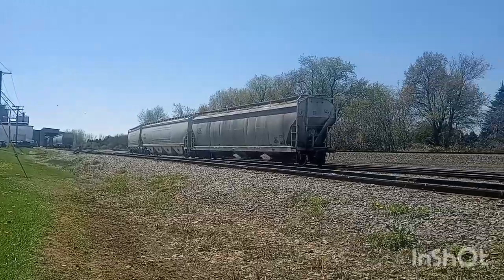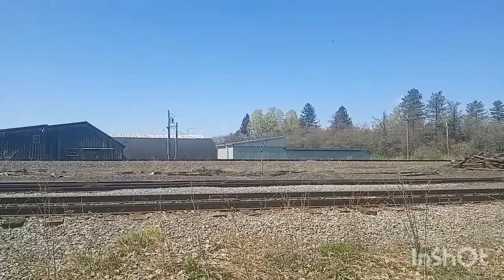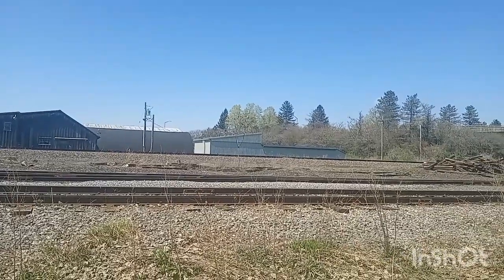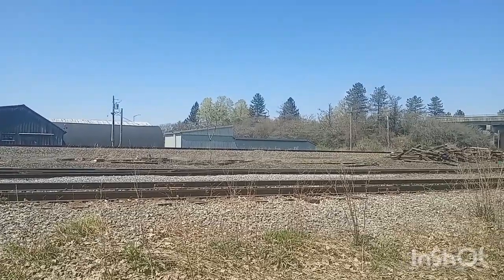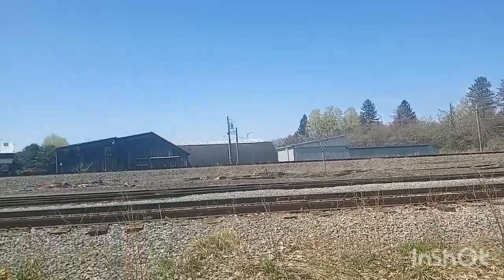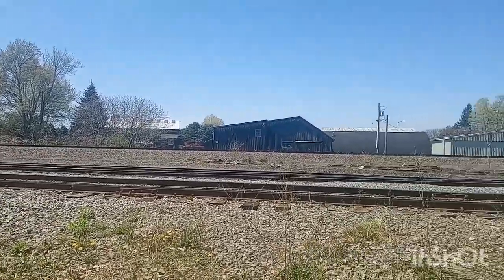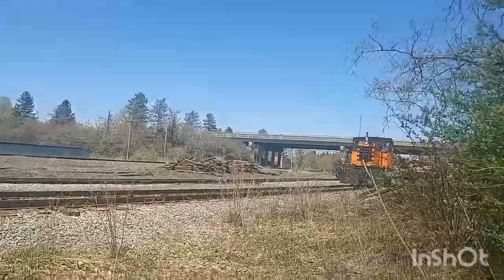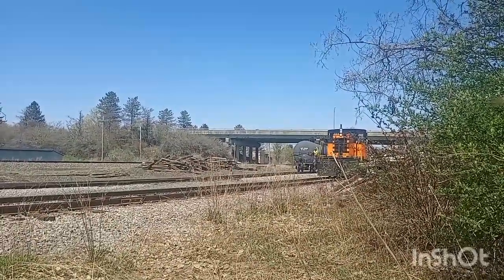It's technically owned by the Arcade Jct, but because it's such a short distance off of Buffalo and Pittsburgh, the Buffalo and Pittsburgh switches it, because Arcade Jct would be taking the cars and moving them over a track, and that's all they would be doing, and Blue Seal did not want to pay for that, most likely. Here comes their